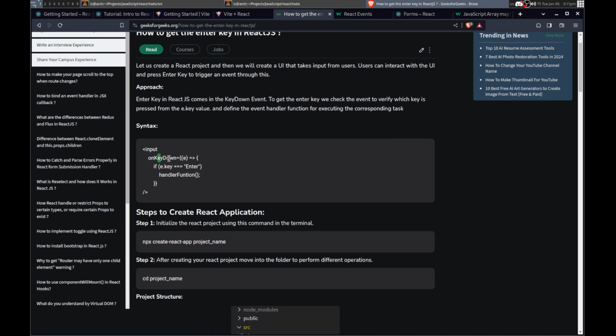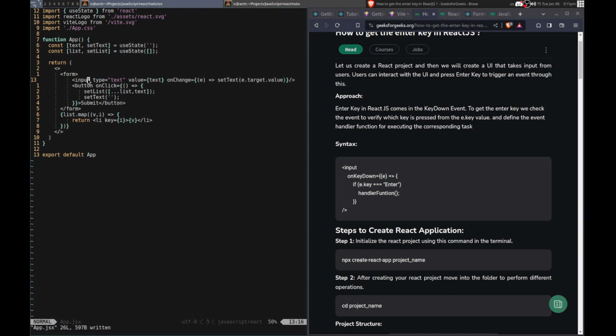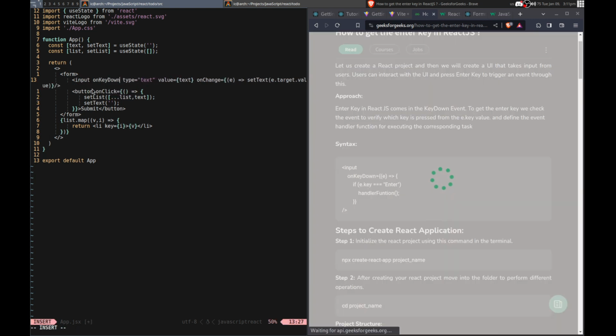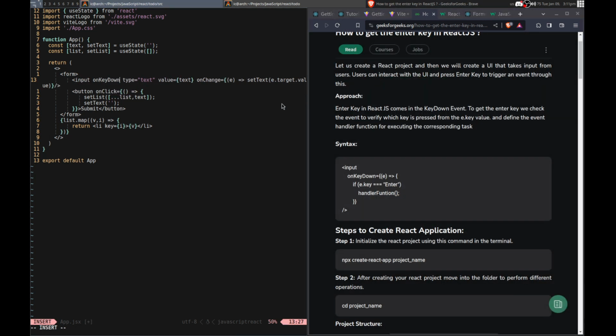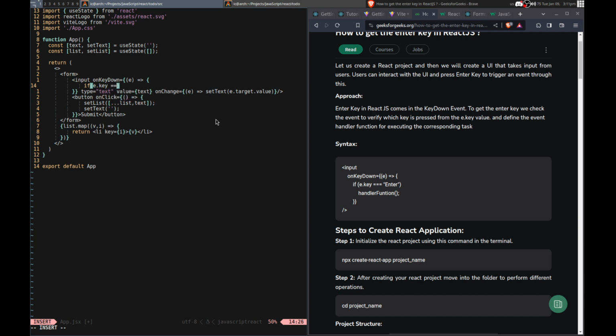So can I onKeyDown? Okay, so I can do that, right? onKeyDown equals e. Key equals a bunch of times, enter. That really the way to do that? Okay.